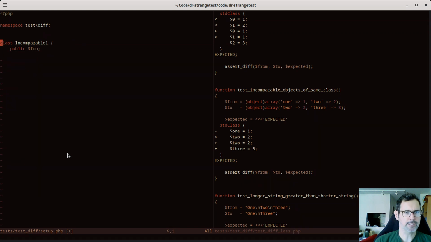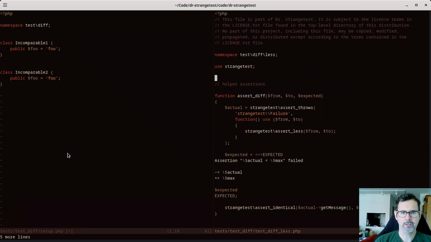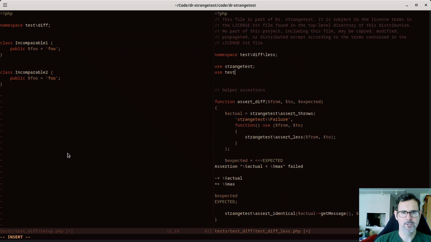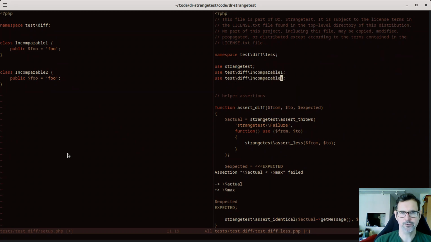You know what, I don't even need that constructor. I'll just put this as that, and then literally just needing comparable 2. Okay, so now here we'll use test diff incomparable 1, incomparable 2,